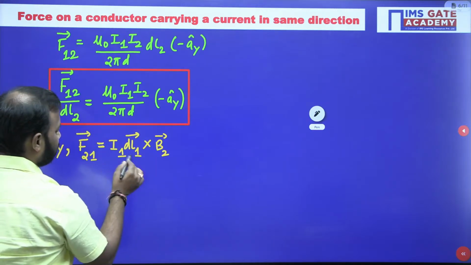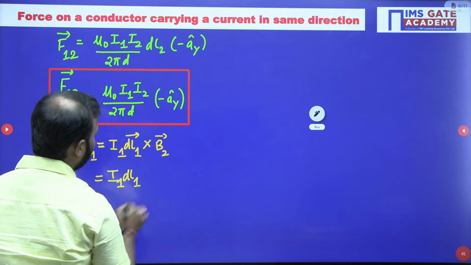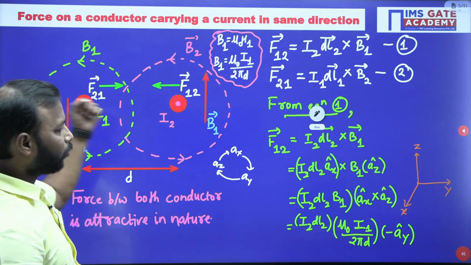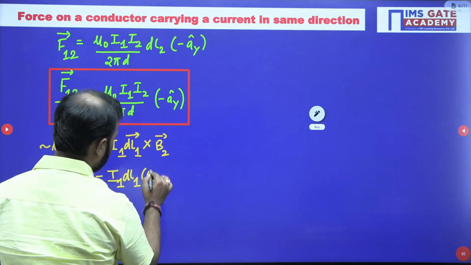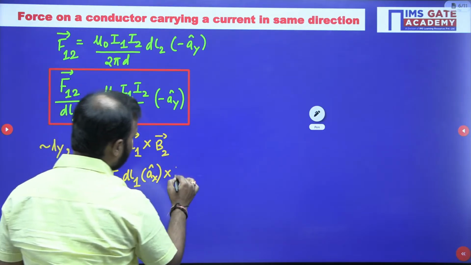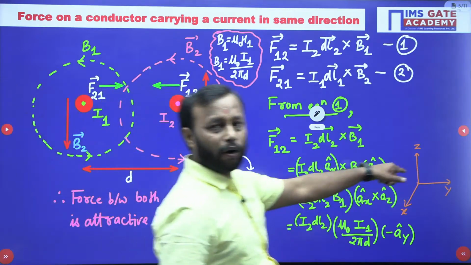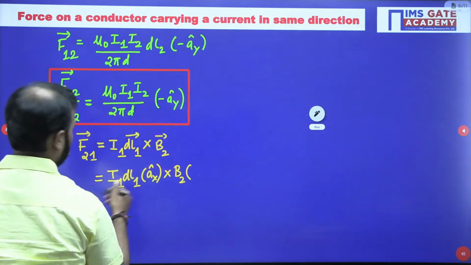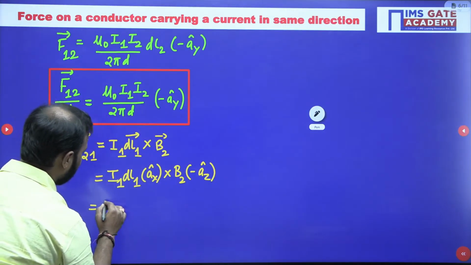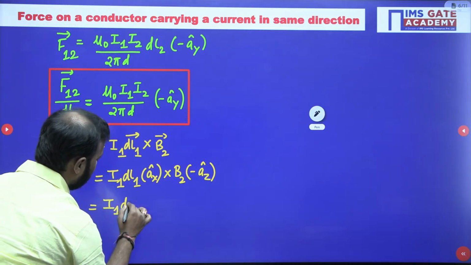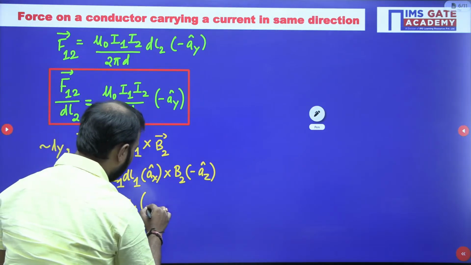So see here, this is I1 del L1. So इसका मैग्नीट्यूड क्या होगा? I1 del L1, this is magnitude. और इसका डायरेक्शन क्या होगा? It is outside ना, outside मतलब कि AX. And B2 का मैग्नीट्यूड is B2 and इसका डायरेक्शन क्या होगा? See, B2 is downward, so it is following minus AZ direction, means minus AZ. तो ये क्या हो जाएगा? This will be I1 del L1 into B2. So B2 I can write mu naught H2.